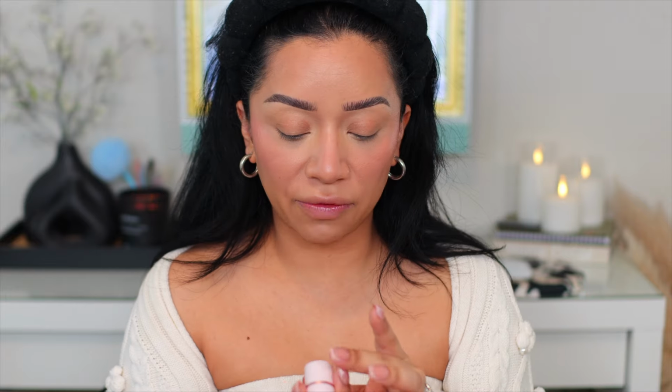The last base product that I have is a highlight, okay? I personally do like either stick highlighters or liquid highlighters. I think it just really depends. They have 2 different shades for this. This is Rose Beam, and then they have another one that's a little more champagne-y, but I didn't pick up that one because I wanted to, again,